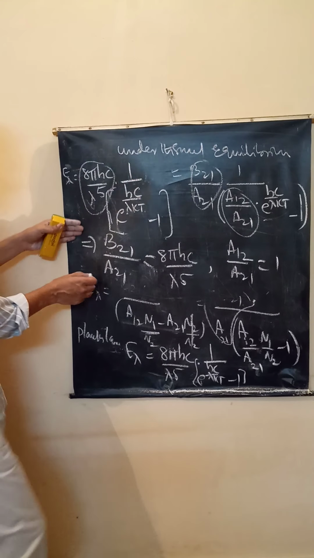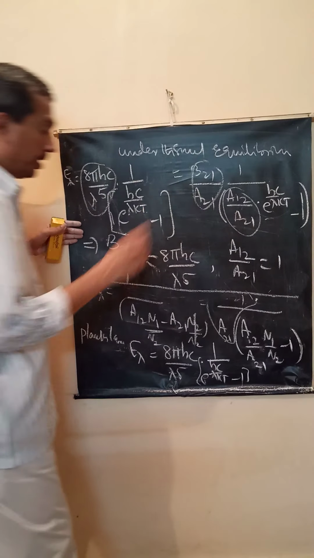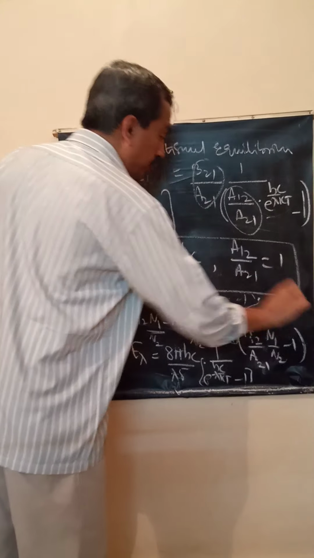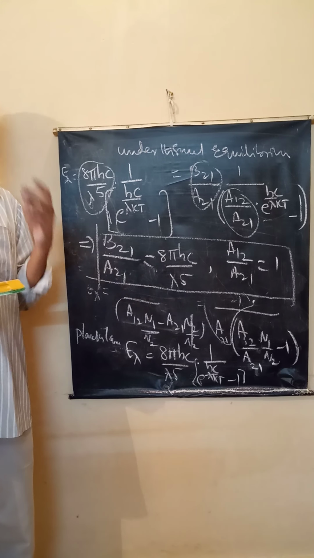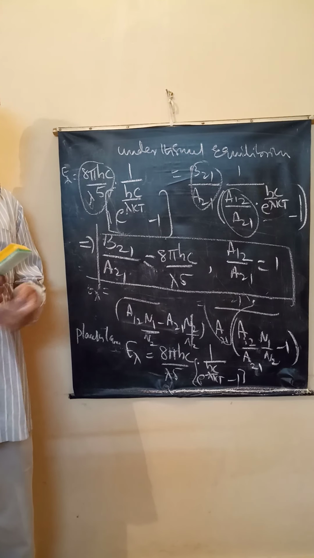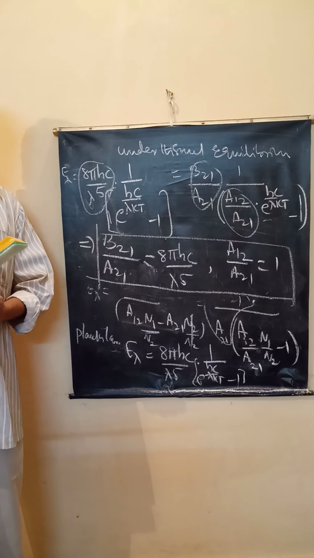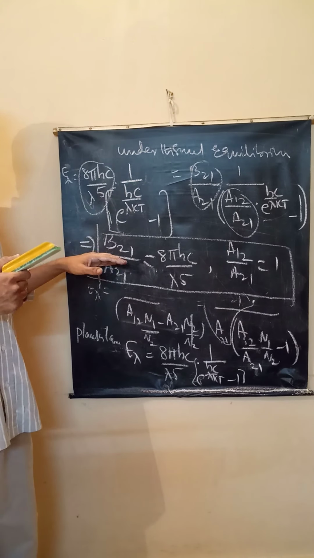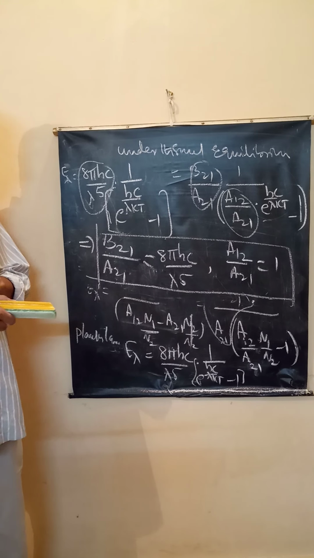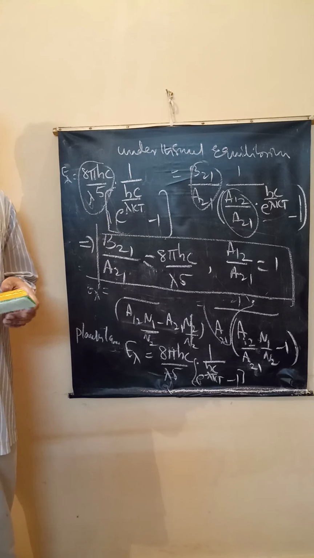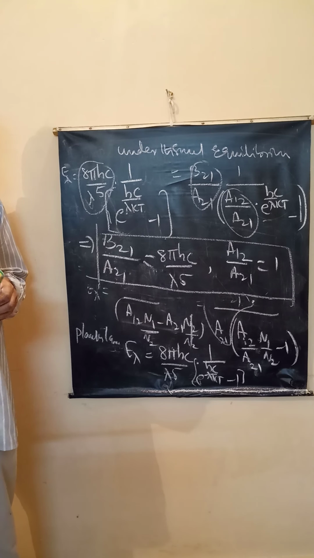So these are called the Einstein coefficients. These expressions tell us what conditions are to be sustained to ensure stimulated emission dominates, and under what conditions spontaneous emission can increase. All this can be understood by this. So go through these things. If you have doubts, we can discuss. This is the very important derivation in this chapter. Okay.